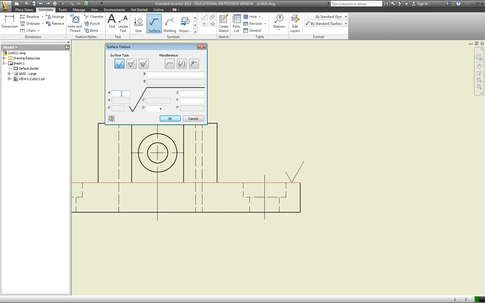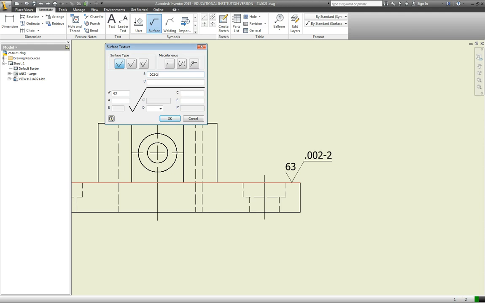So the roughness height rating goes right here. Okay, so I'm just going to type in 63. Okay, and now I want to add the maximum waviness height rating. Okay, so that goes in this box, which is 0.002 in this example. Now the maximum waviness width rating goes to the right of that, so I'll just put -2,